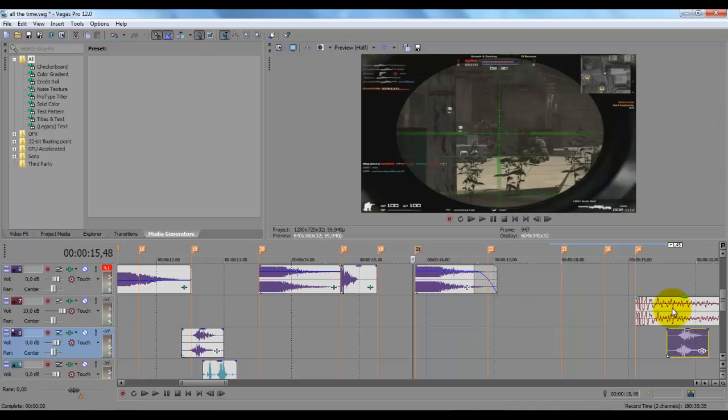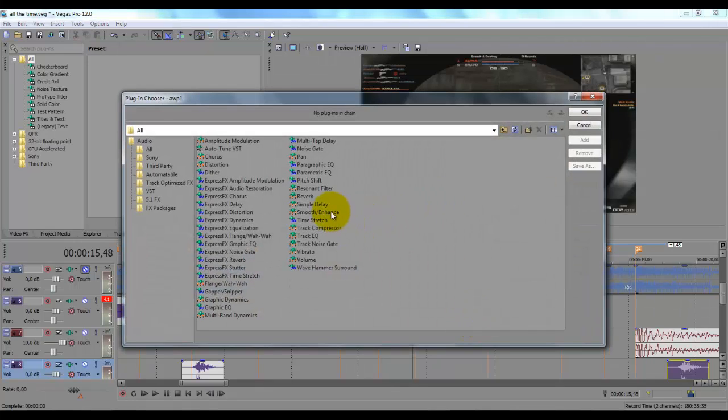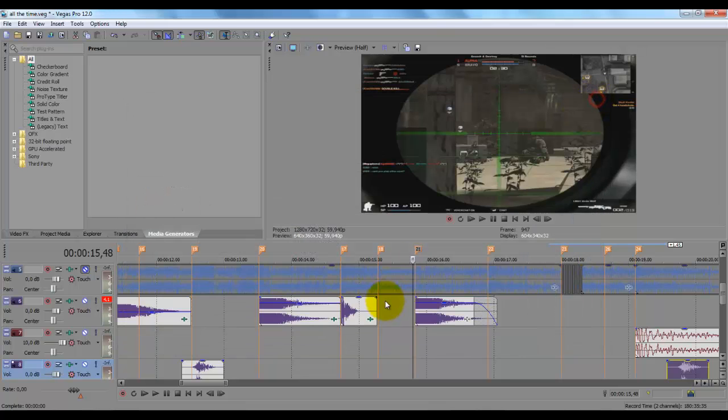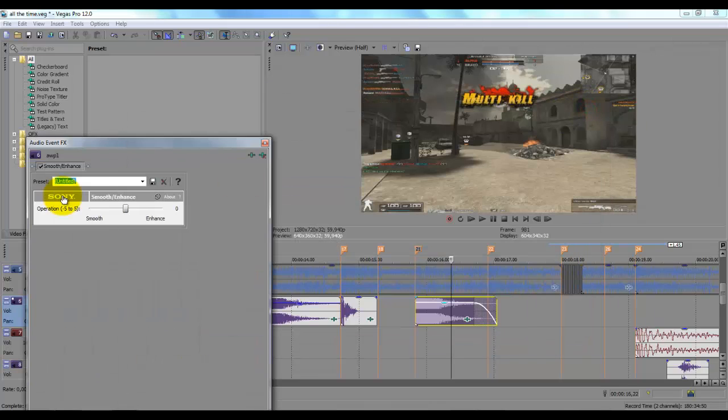Alright, so it's really easy to do. It's some really simple effects. So you want to click on that little button here. Go on Smooth Enhance. It's not a plugin. It should be available in every single Sony Vegas, I guess. So just click here, then click on Add. Click on OK. And usually what I put is less 3 or less 4, and less 5 if I really want it to sound like I want it, because -1,